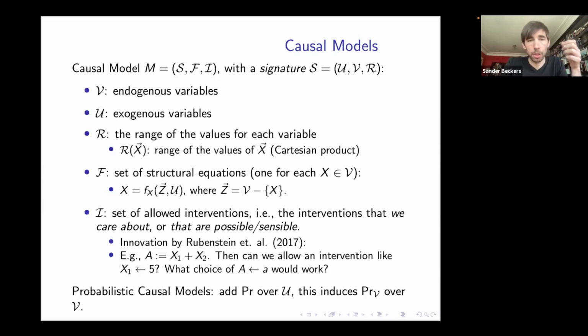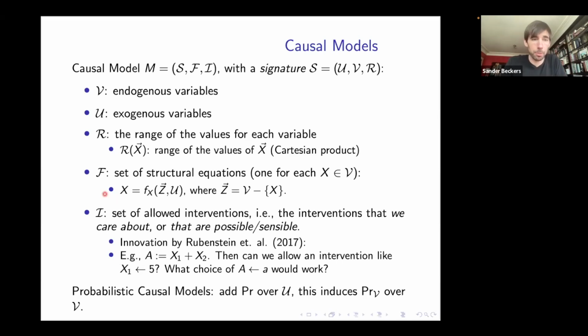That's the signature. Now, what makes a causal model is, of course, the equations. So these are deterministic, right? Causal models, the standard structural equation view. I'm not going to be talking at all about probabilities or causal Bayesian networks, although there are going to be interesting connections to those, which I'll be silent about because there's only so much I can say.